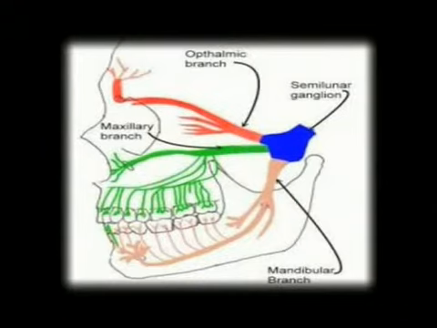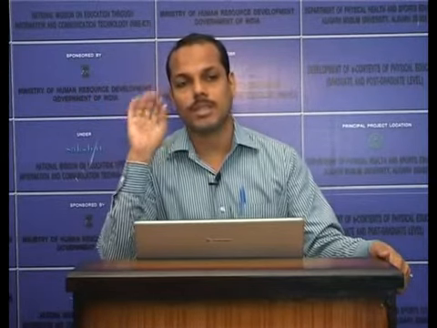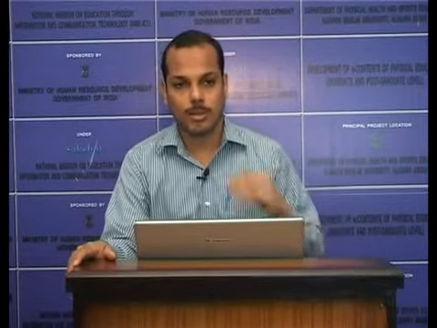The trigeminal nerve has 3 branches: the ophthalmic nerve, maxillary nerve and mandibular nerve. It provides both motor and sensory information: motor to the muscles of mastication, and sensory from the face, forehead, nasal cavity, tongue, gum and teeth. The sensory fibers are located in the trigeminal ganglion and the motor fibers are from the nuclei of the pons.